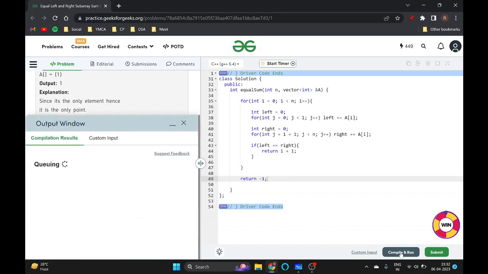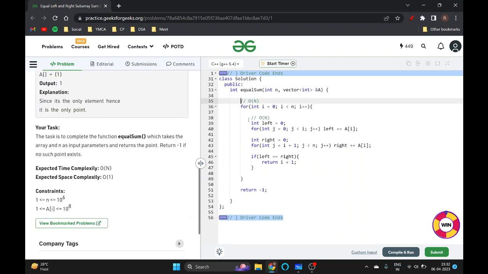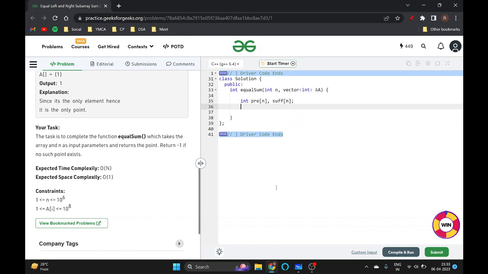If you try to submit, I won't submit it. If you just try to compile it, then it would be compiled. So we have to optimize it. The way we will optimize it is by using prefix and suffix sum. So let's say we have an array with name prefix of size n and another array of size n with name suffix. For the first element of prefix, it is itself equal to the first element of the array,